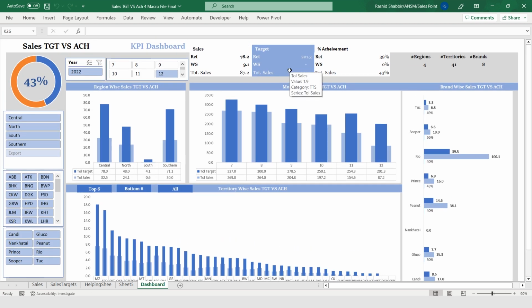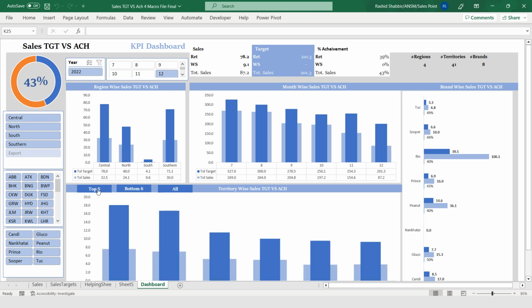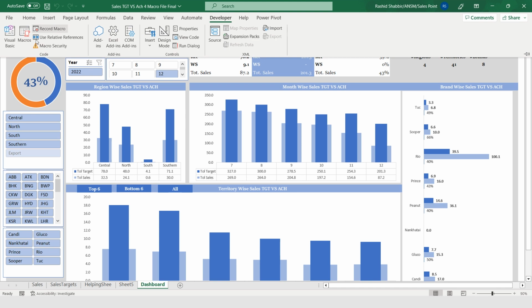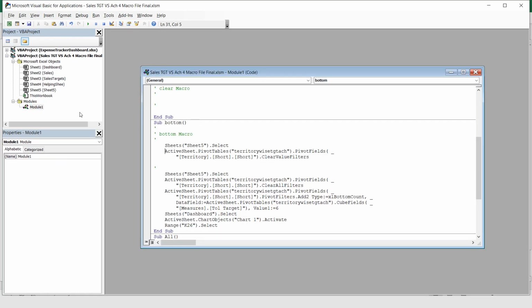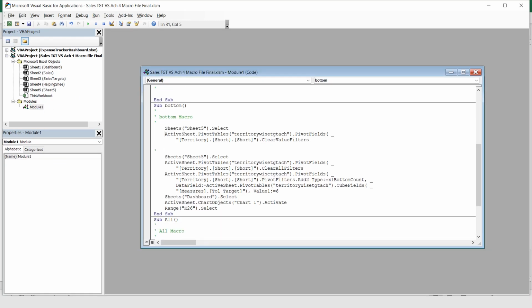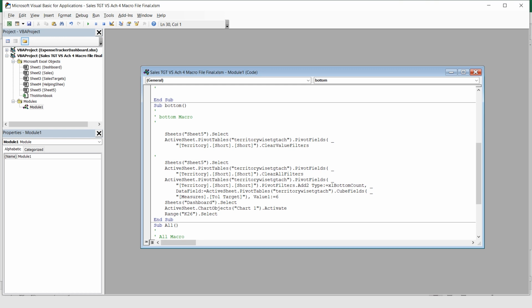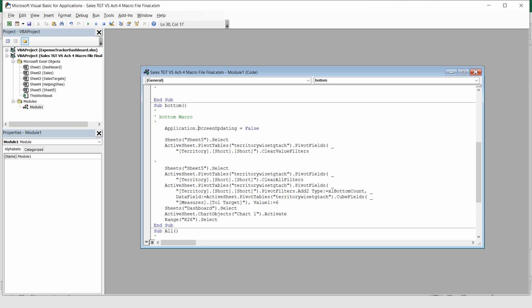So the last thing that I want to change in my VBA coding is that whenever I'm selecting this button, it gives a sense of updating, that something is updating on that sheet. So I want to change it. How can I change it? You need to go to the developer tab and Visual Basic. You have to visit your code. This is the bottom code, and here you have to add one line of code: Application.ScreenUpdating = False. So I'm just telling the macro, do not update the screen.